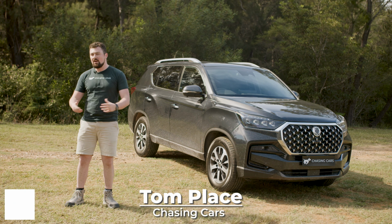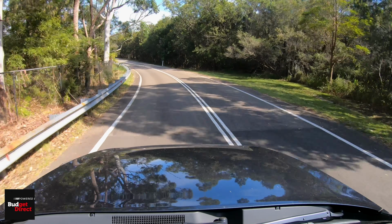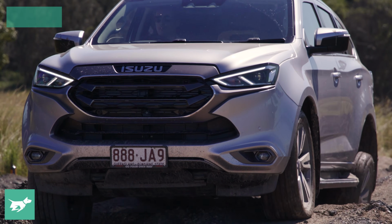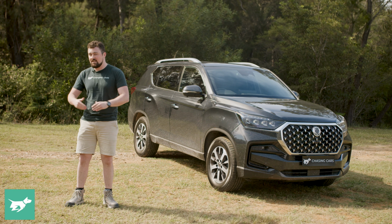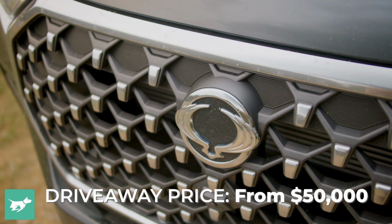If you're in the process of buying a 4x4 wagon, you've probably come to a fork in the road fairly early on in the buying experience. Do you go for cheaper versions of established nameplates like the Ford Everest and Isuzu MU-X in their low grades, or do you go for more affordable options out there in their high trims which have all the features that you want? With me today is one of the vehicles that falls in the latter camp, the Ssangyong Rexton, which